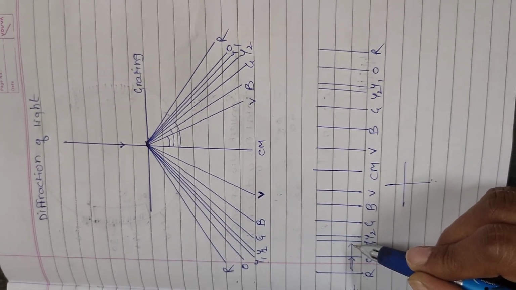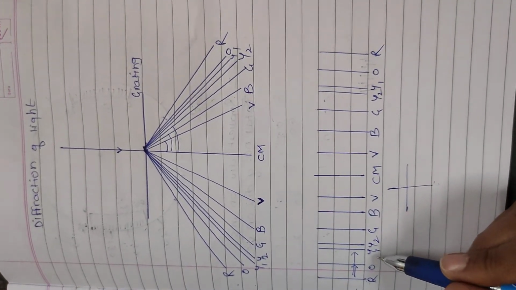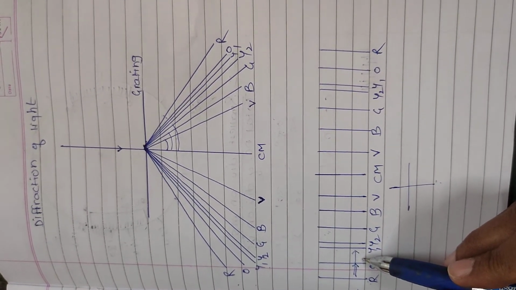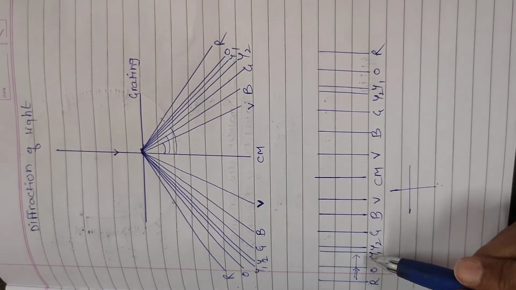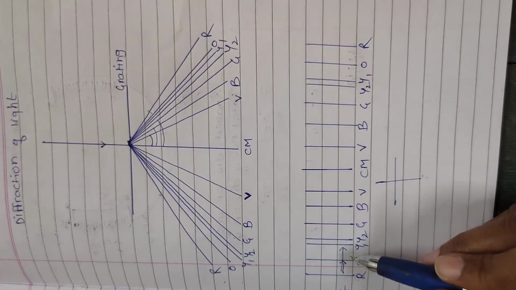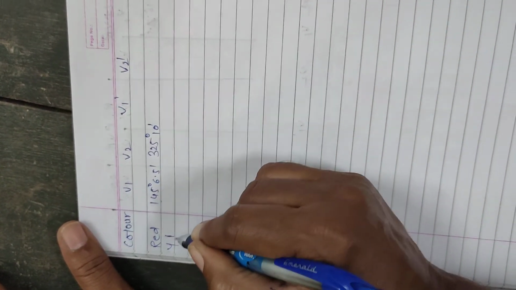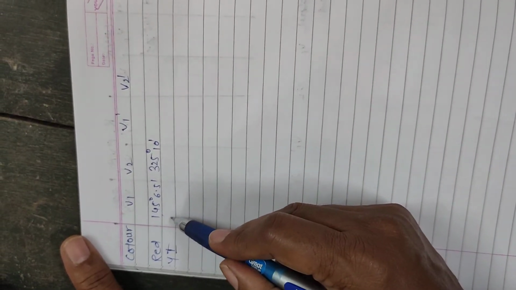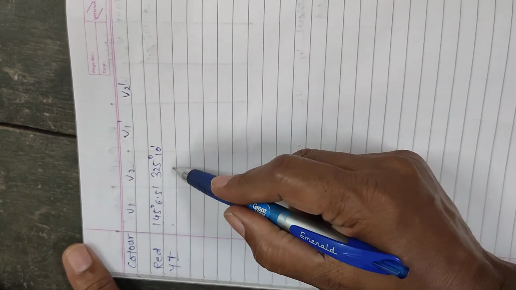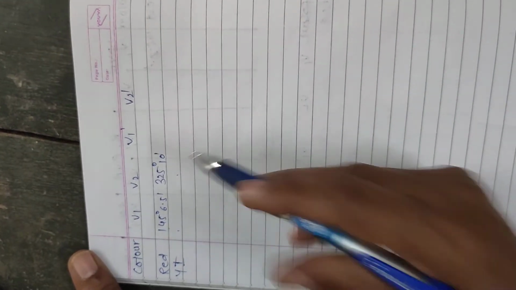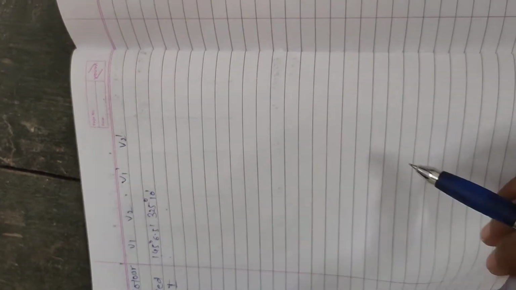So what we have to do is shift our telescope to the yellow one line, that is the outer yellow line, and overlap the vertical cross wire on the yellow color line, lock our telescope, and record the readings through the two windows. That reading will come here, color will be yellow 1, and through vernier V1 whatever reading you are getting, and through V2 we will record and write it down here. So you have to go in that way.